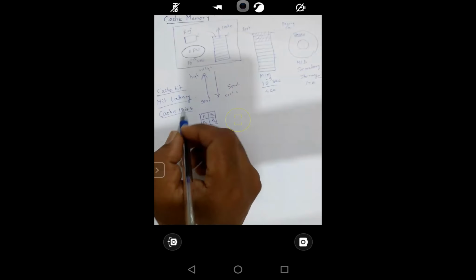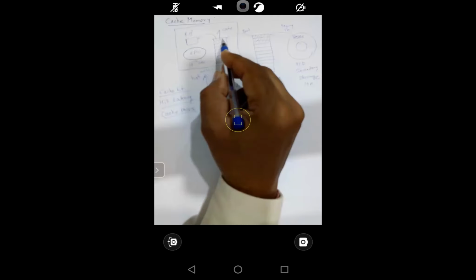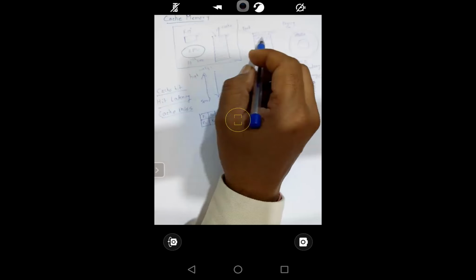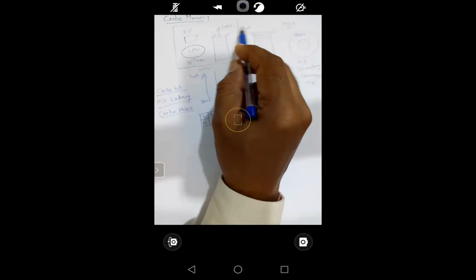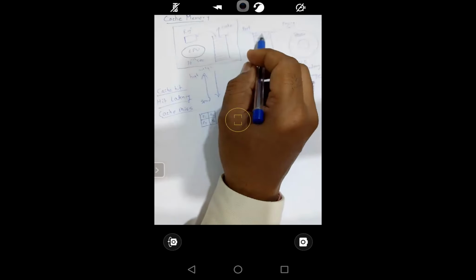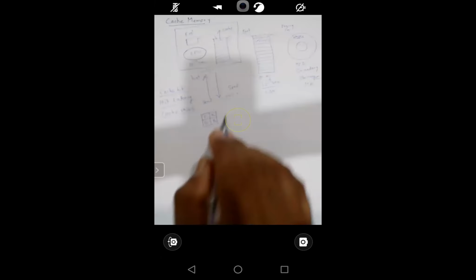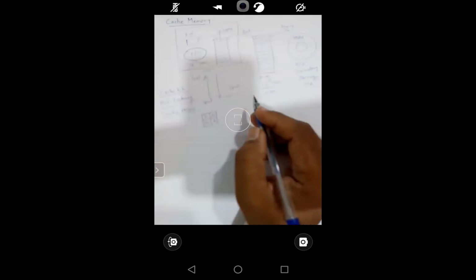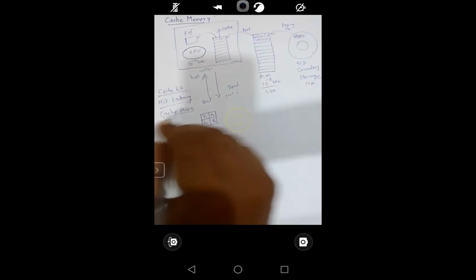Now the element is not present in the cache. Then what do we have to do? We have to transfer that element from the main memory, obviously. So we have to check whether that element is present in the main memory or not, right? As in the last lecture, we have seen this concept, that is a page table. So from the page table, we get the information whether the required element is present or not, right?